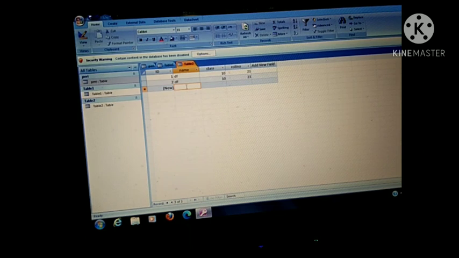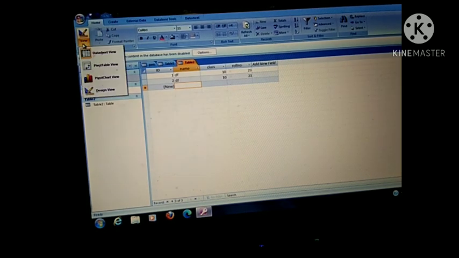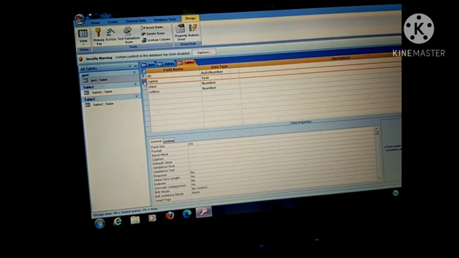Okay. Ma'am, I want to create my own primary key, then how can we do it? So first you have to open your table in design view. Okay, design view. And now from here you will select any of your field names. I am selecting name. And now here in design view, देखो यहाँ पे आ गया primary key option. You will click here. When you click on this, you will see that the key option has been removed from the ID field and moved here.